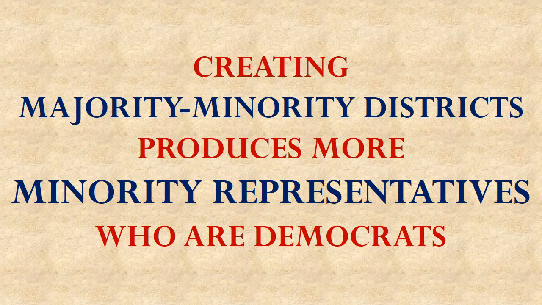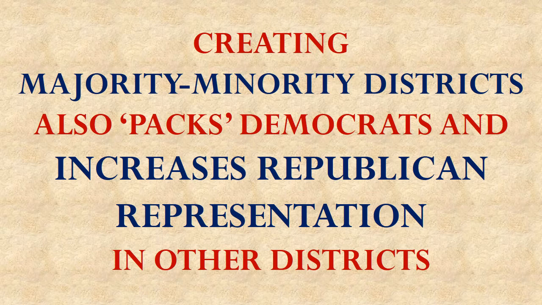Now, what this means is that when a legislature creates a majority-minority district to produce minority representatives in Congress, they're effectively producing people who will vote Democratic when they get elected. Because when you lump all the minorities in that district, you're also effectively lumping Democrats in. But when you pack the Democrats into that district so that the minorities in it can vote for and elect a minority candidate, you also are effectively increasing Republican representation in the other districts around that majority-minority district.